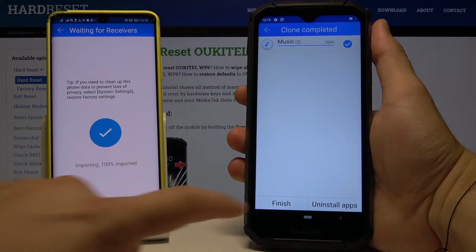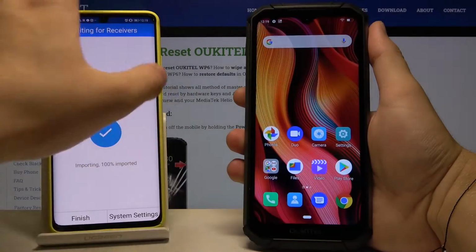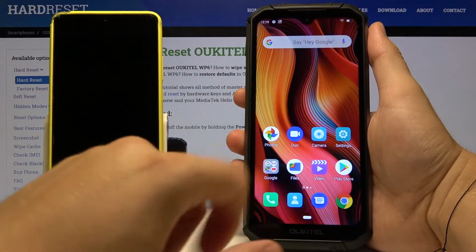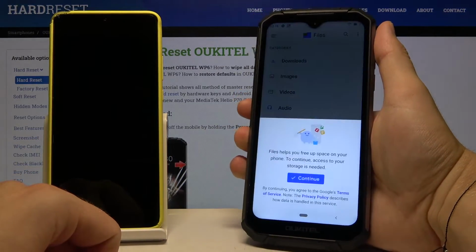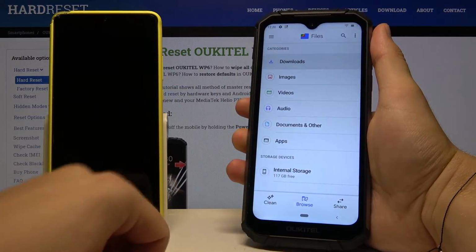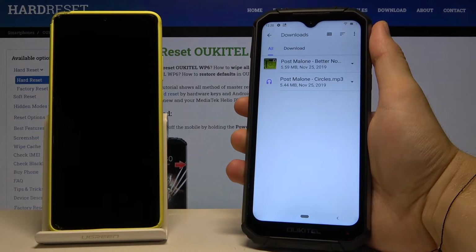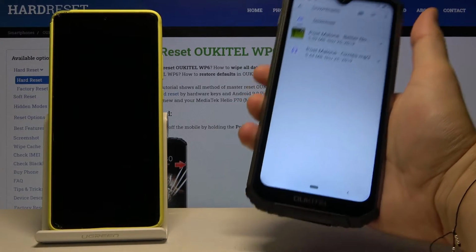and as you can see the transfer is finished. So right now we can just check where the files are, and it will probably be in the downloads right here. So let's enter, and as you can see here we got the songs that we sent from this Android smartphone to our Oukitel